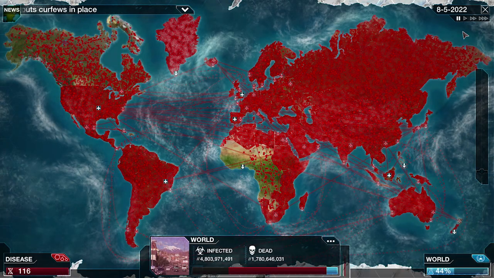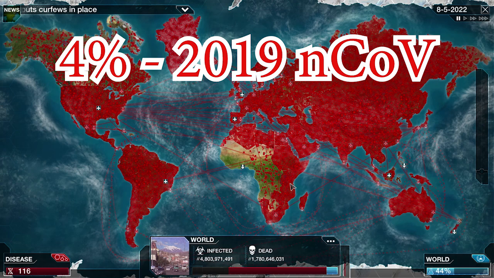And real quick, before this virus ends up wiping out humanity, I want to quickly talk about the mortality rate of the coronavirus strain. There's a lot of hullabaloo about how many people are actually dying from this disease. Like I said before with the symptoms, it depends. People with weaker immune systems are more prone to acute, severe pulmonary infections and disorders. But the number I keep seeing thrown around as far as the mortality rate for this strain of coronavirus is 4%, which is a lot, yeah, as far as viruses go.